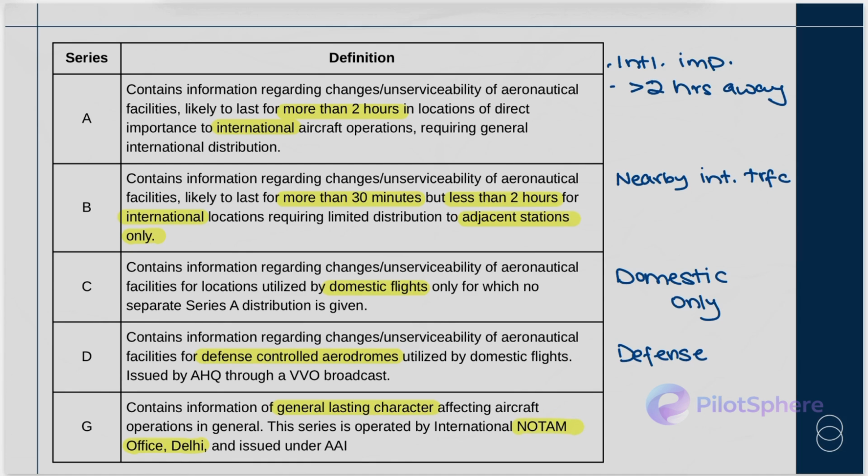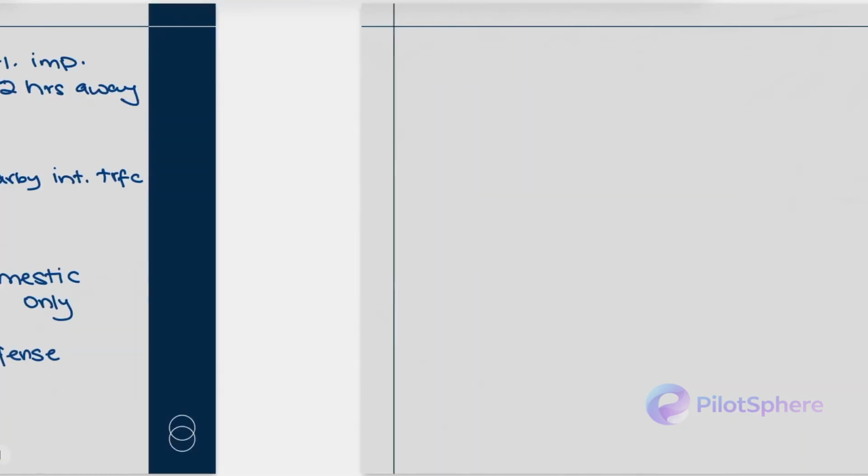So this means that you are looking at anything that is going to be considered under AIP supplement or AIP amendment. However, you have not had the time to place it into these amendments or supplements at this time. But what you can issue is a notice to airmen or notice to air missions, where this information is distributed by the NOTAM office in Delhi, and it concerns information or changes that are going to be more than 3 months or less than 3 months long.